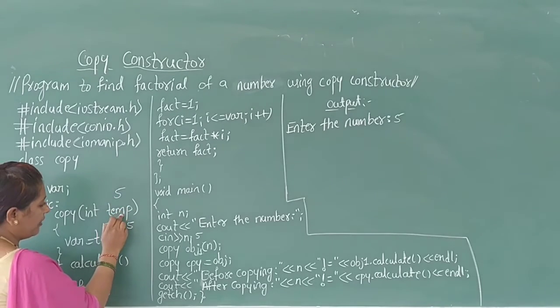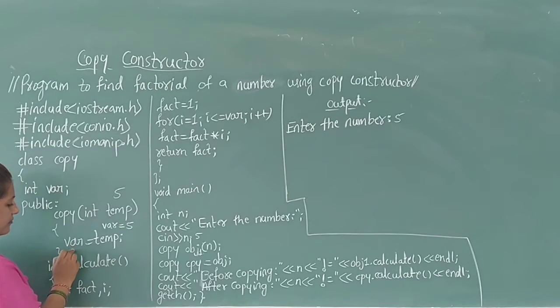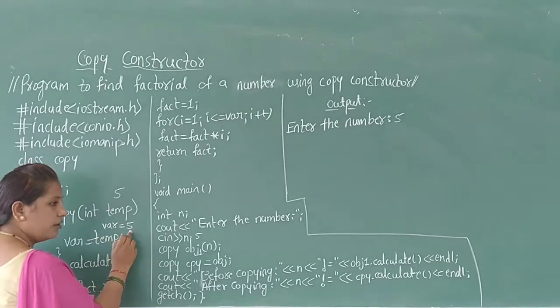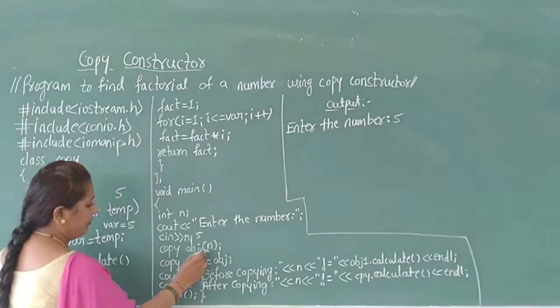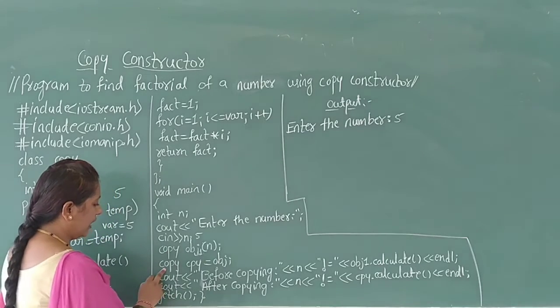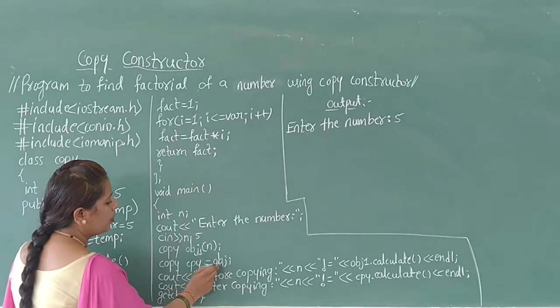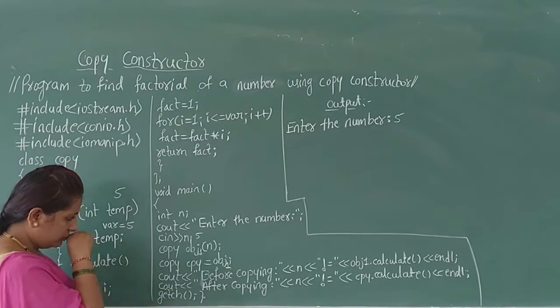Then again the temp value 5 is assigned to the data member that is var using the statement var is equal to temp. Now var is holding the value 5. Then it ends the copy constructor and the control comes back to the main function and goes to the next executable statement. The next executable statement is copy cpy is equal to obj1, and here